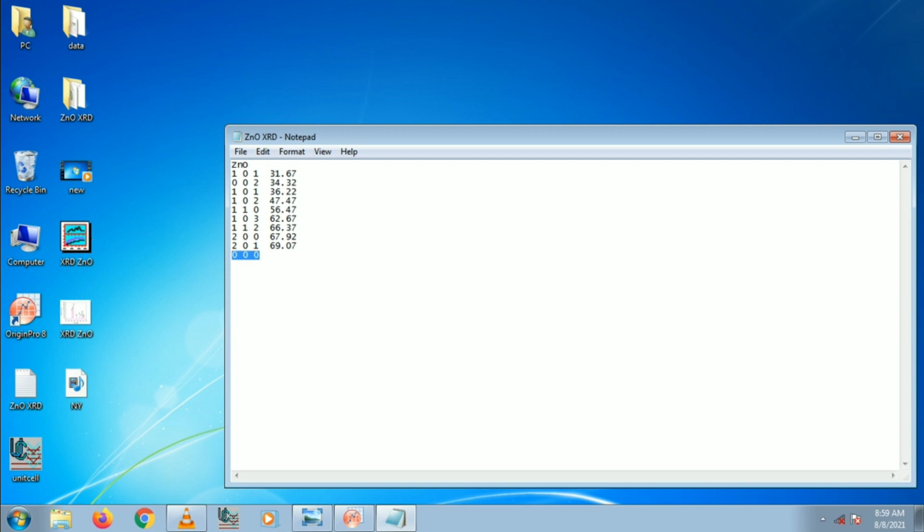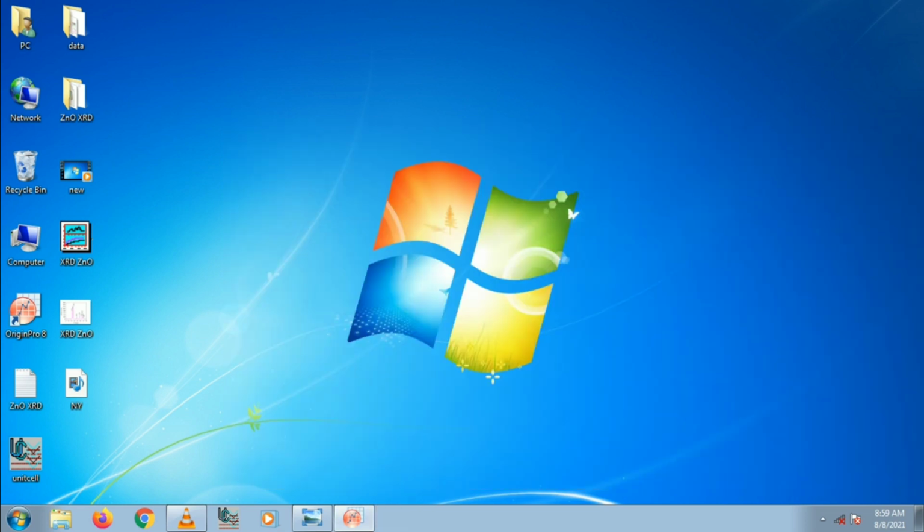Create the file like this. Minimum we need 4 Miller planes and their corresponding 2 theta values for creating the input for the UnitCell program.